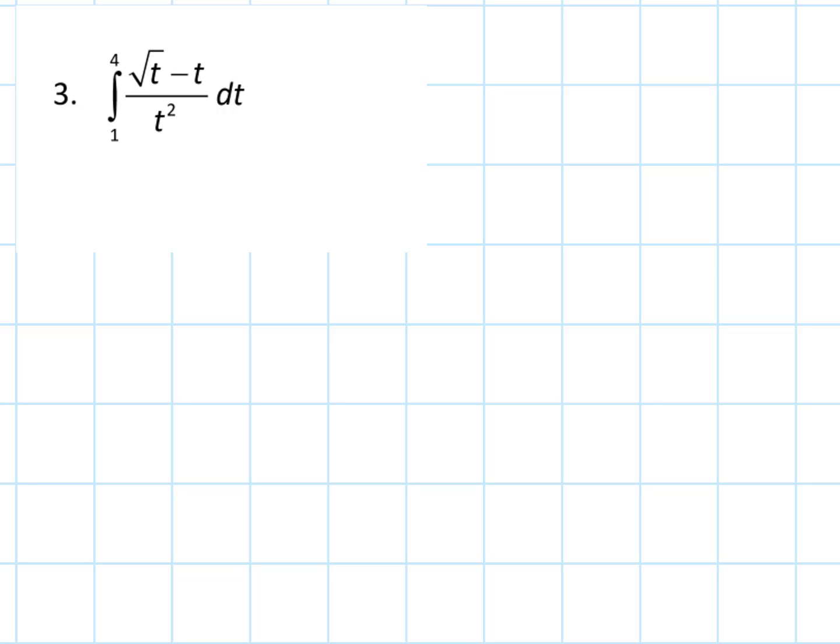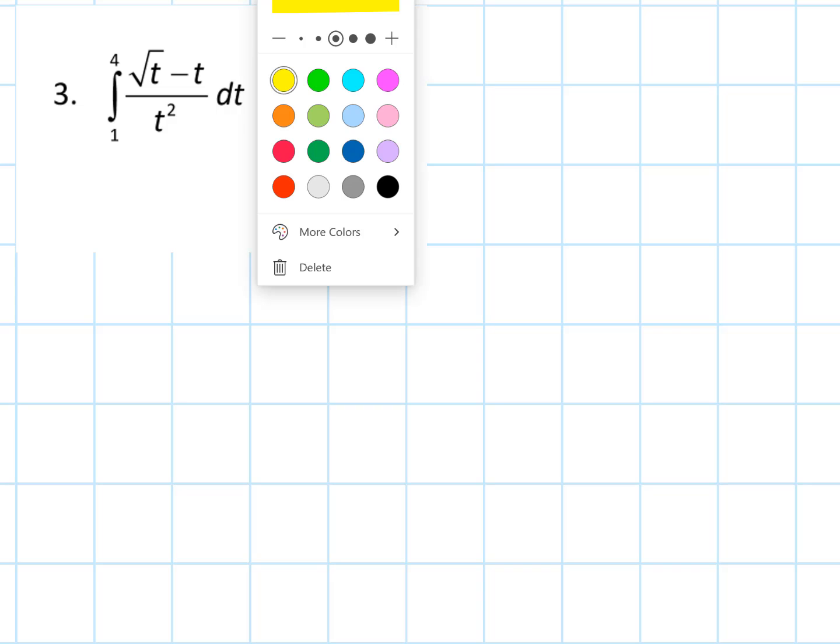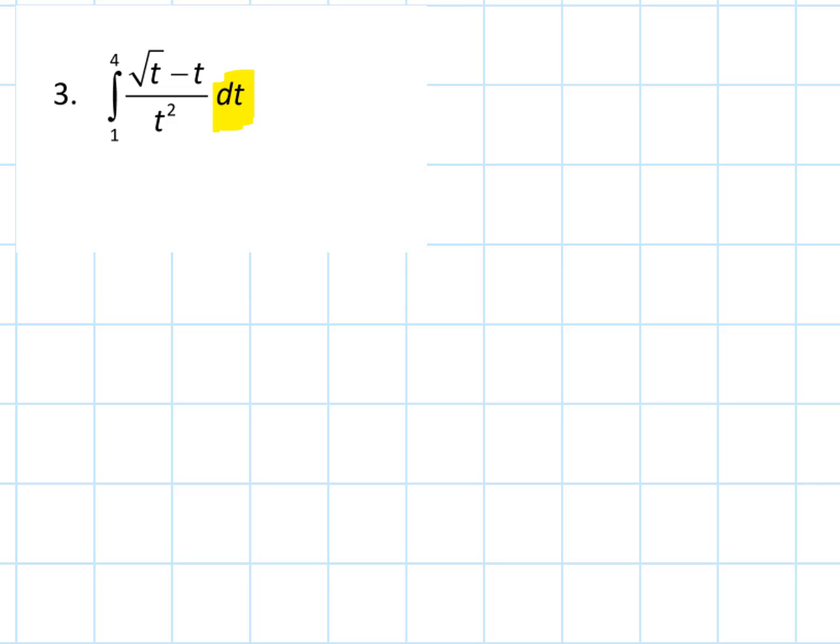This time we have a definite integral, and we're integrating from 1 to 4. This function is a function of t, and we're integrating with respect to t. So notice the dt, the differential is with respect to t. So first thing we're going to do here is notice that there's probably a little rewriting that I want to do here, because I've got that quotient, and I can't integrate that quotient, but I can apply power rule if I were to simplify and divide everything